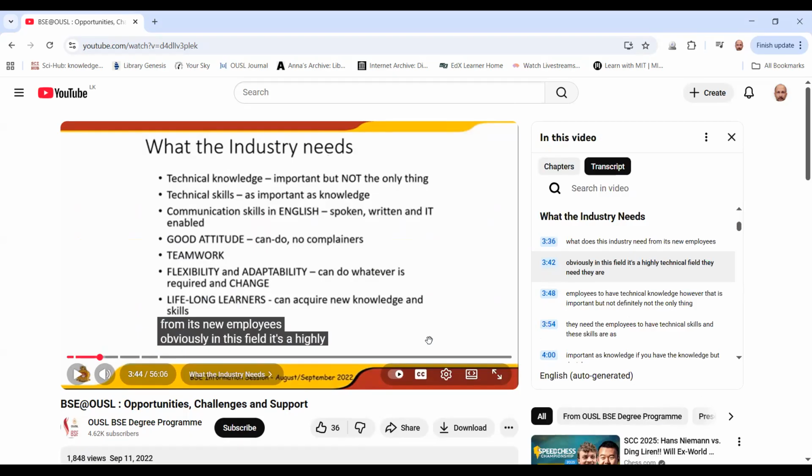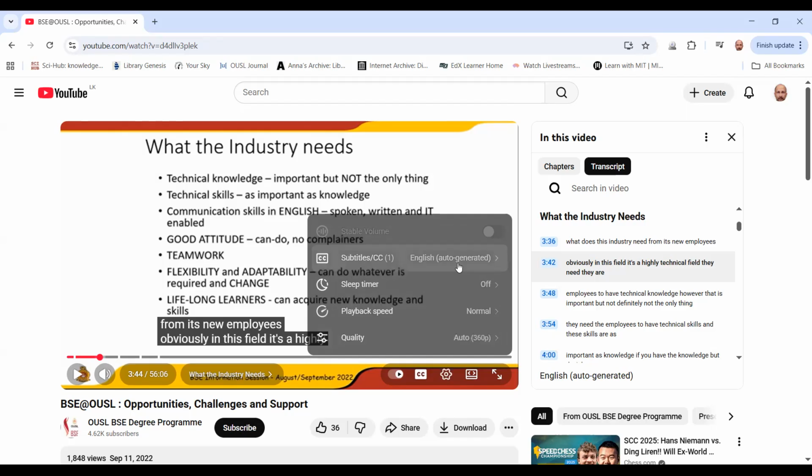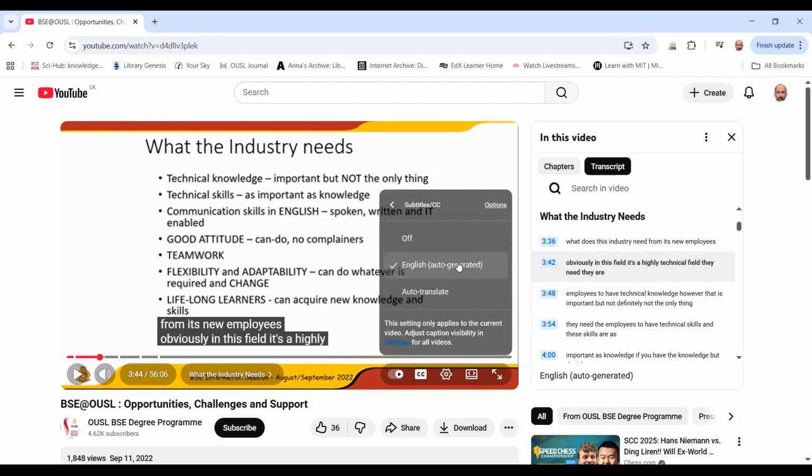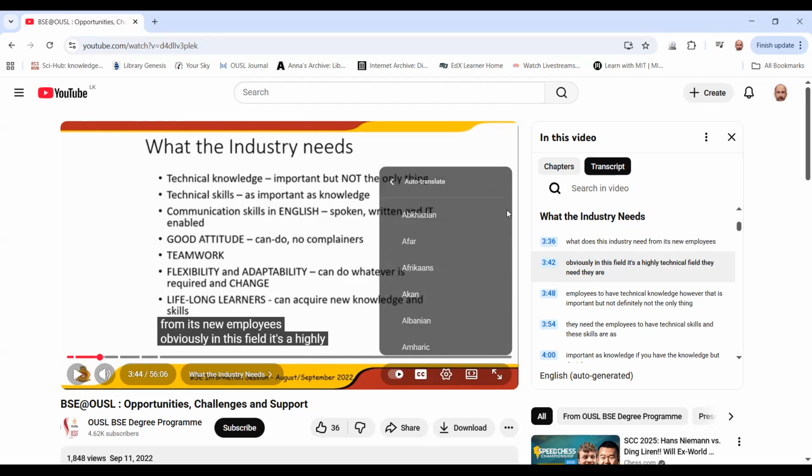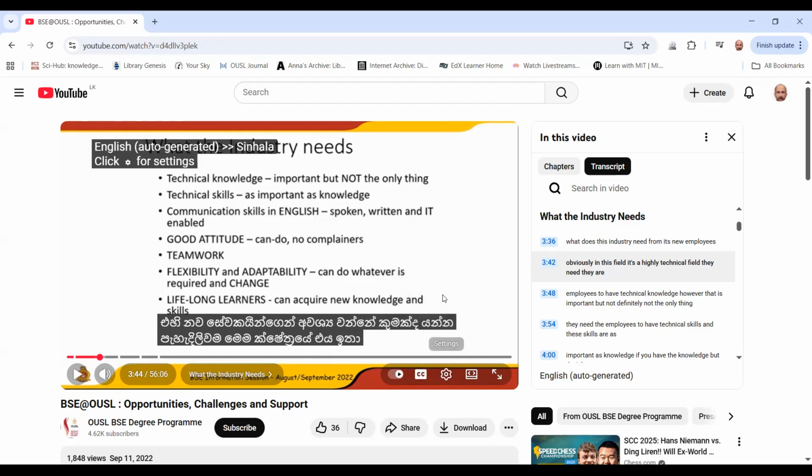But the most important and useful feature for most of you will be the automatic translations that are available on YouTube. And because of the developments in what we call artificial intelligence, they are now good enough that we do not have to make separate Sinhala and Tamil versions of our videos anymore. So to get the translation, you have to go to settings. You will see that the subtitles are now coming in English, auto-generated. You have to click on auto translate and select your language. In this case, I will select Sinhala, but you can select Tamil just as well. And now you will see the subtitles are going to come in Sinhala.